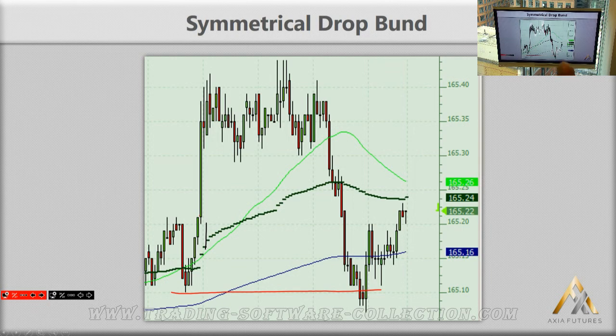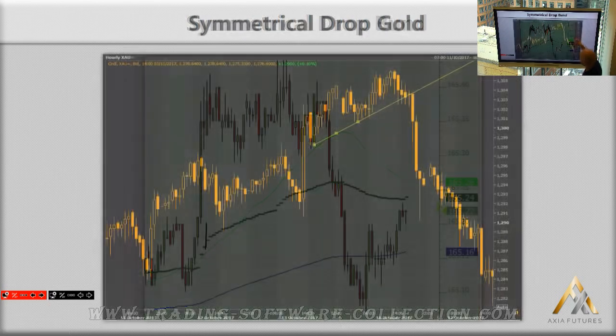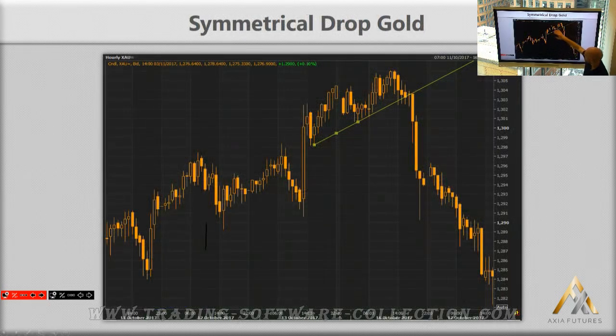Right, moving onwards. So that's your symmetrical drop. We've got a nice example of it in gold as well. This is a symmetrical drop with an upward sloping wedge, which is not too great to draw. I think you're probably better drawing it like that. Yeah, upward sloping wedge, but the move starts with this aggressive move higher. As that wedge breaks, and also you get a nice little bunch of lows to go there as well. The lows go, and you get the very fast move straight the way back down to that previous low. So another nice textbook